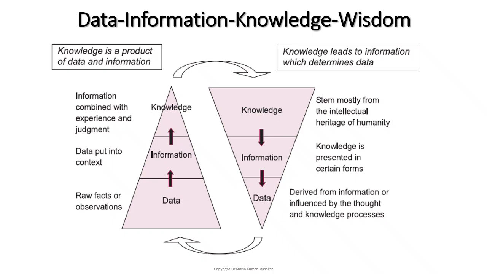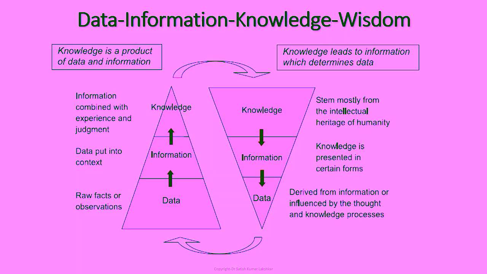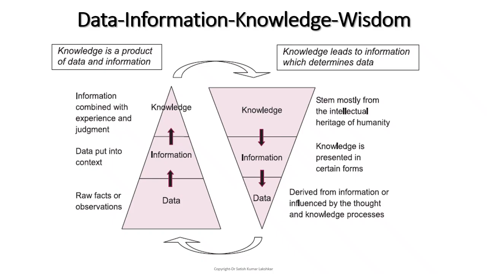Now, when we talk about analytics, let's talk about data, information, knowledge, and wisdom. So, what is the meaning of data? We need to talk about data, information, knowledge, wisdom, and then we'll connect all these concepts with the meaning of analytics. Data is a collection of raw facts or a set of observations. Whenever we observe something or collect raw facts, something which has happened in reality, that is the raw fact or the observation. We name it as data.